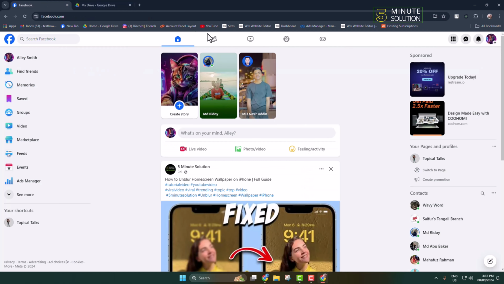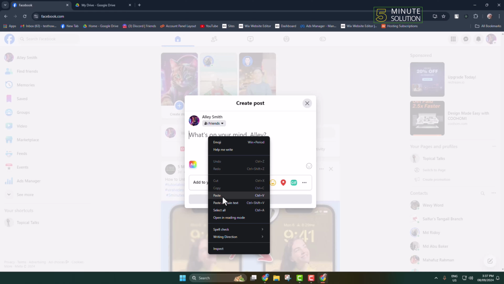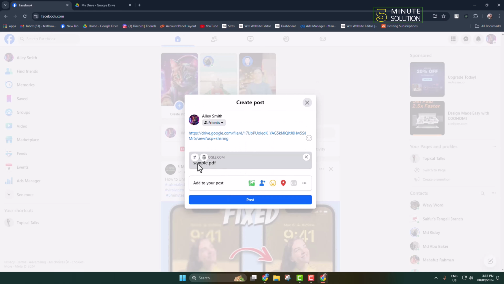Now go to your Facebook group or Facebook page where you want to share the PDF. Just click on this new status box and paste here the Google Drive PDF link that you just copied. And here we can see the PDF added. Now once the PDF is added, you can remove the PDF link from this status box and you can write